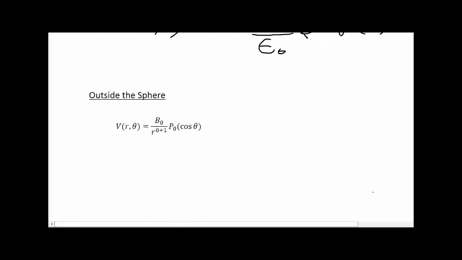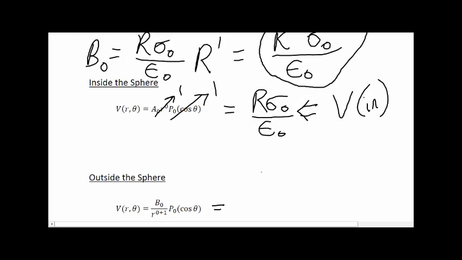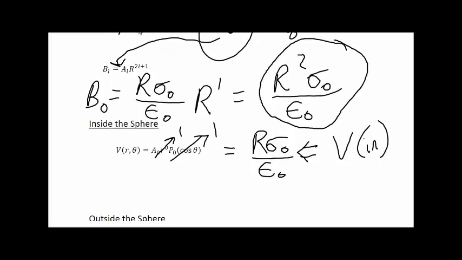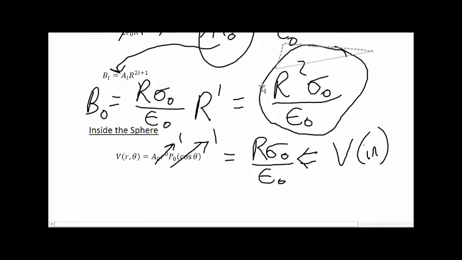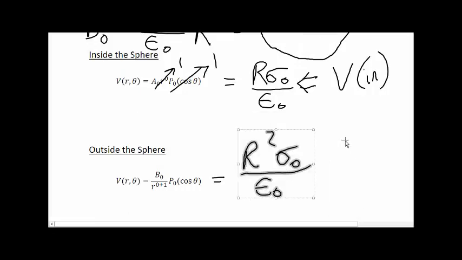For the outside of the sphere, it's the same song and dance, only you go back up here and you grab your B now, right there, bring it down to here. I think, yeah, we'll just move this down here like this. Plug that in. Okay. That goes to 1. Got a little R down on the bottom. And this is your solution for V outside,